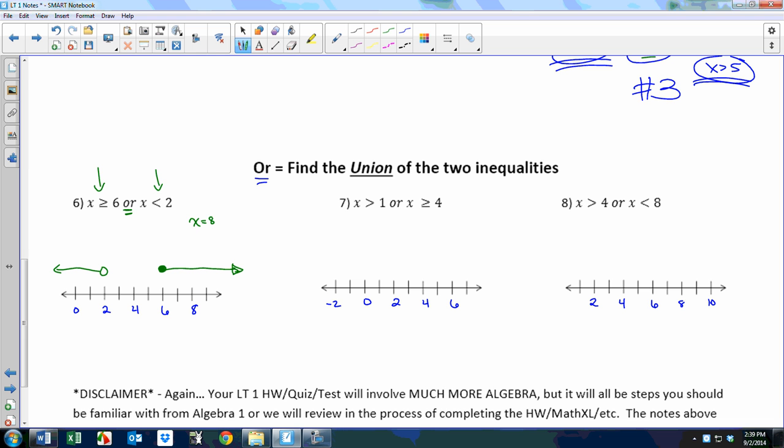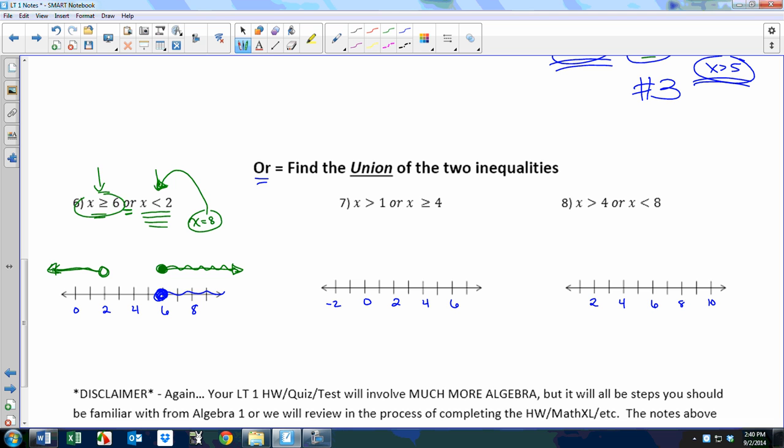It works over here. X is greater than 6. But it does not work in x is less than 2 because 8 is not less than 2. But the fact that this is an OR, as long as 8 works in one of the two, it belongs in the final solution set. So anything greater than or equal to 6, all of those numbers are in the final answer set. So are any of the numbers that are smaller than 2. So any number, open circle 2 and left, are part of the final answer,